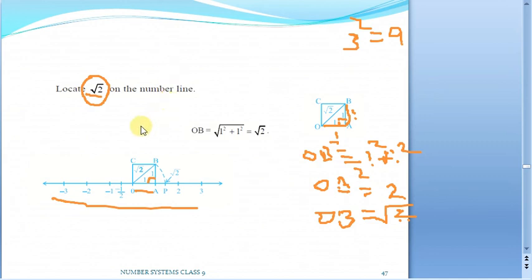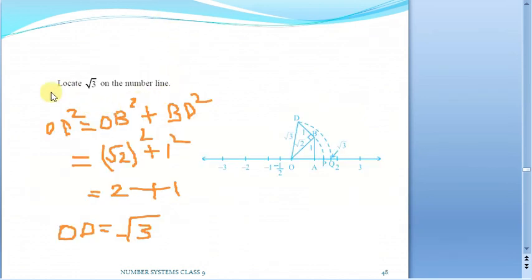Remember, when you do so, actually it is the geometric part. We have to write the steps for the same. Whatever you are doing, we have to write the steps for locating this particular root 2 on the number line. So we shall make it clear with one more example.